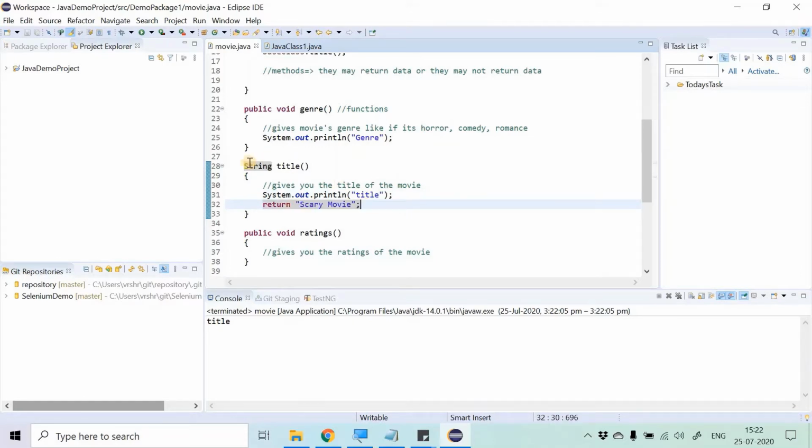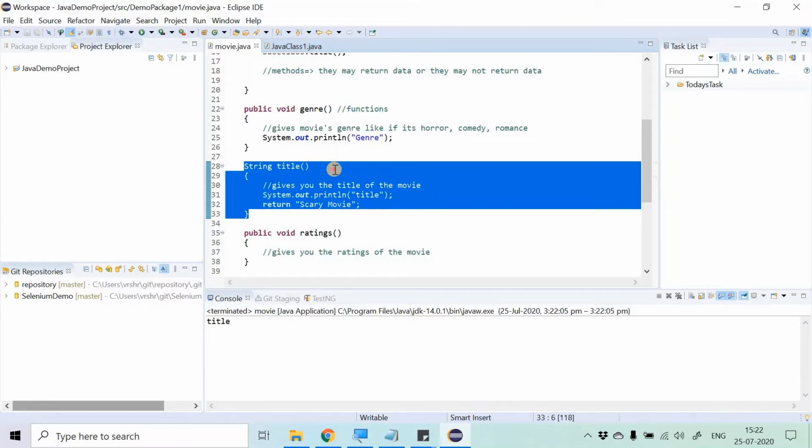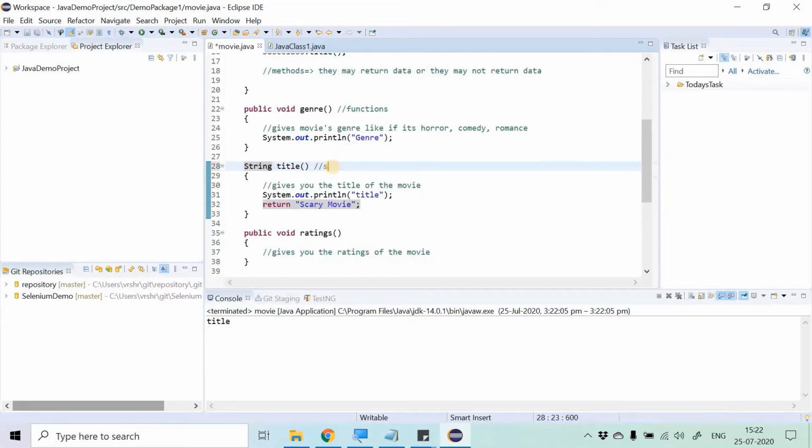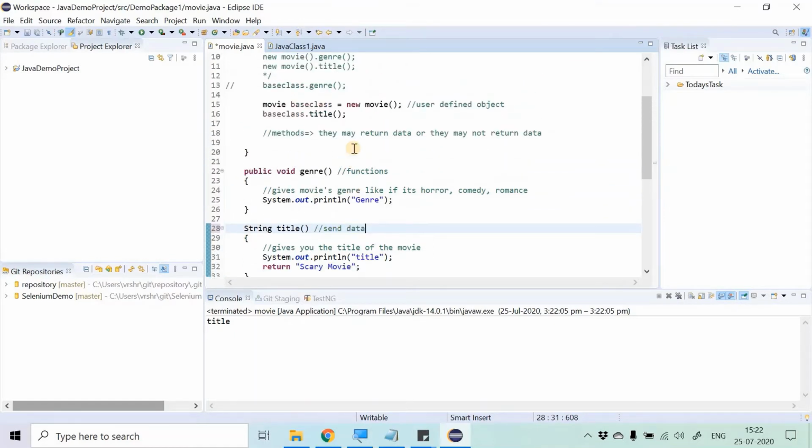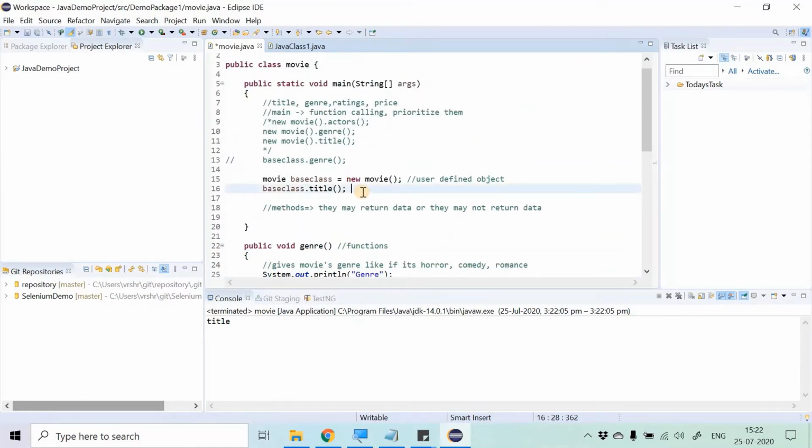Now over here we need to understand that this particular method is trying to send some data. And at the same time the main method must receive the data. But over here only calling the title method will not be enough.